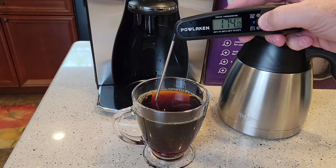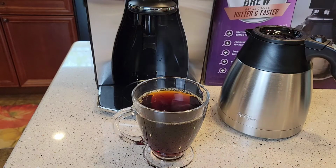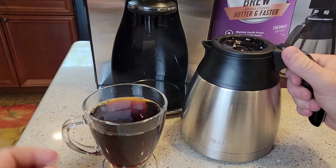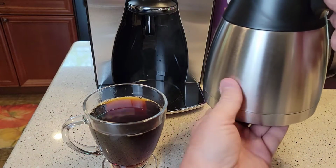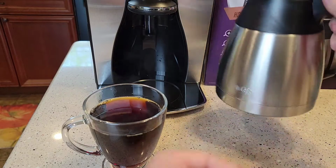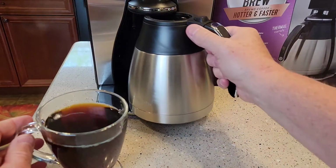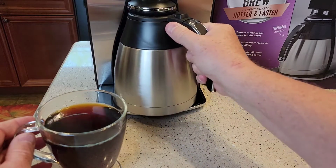175. Yeah, that's a really hot cup of coffee. The nice thing about these stainless steel carafes is they don't get hot. They keep your coffee hot, but they don't get hot. So you can set them on your table, set them anywhere you'd like. That is a nice feature. And then when you're done, just kind of...